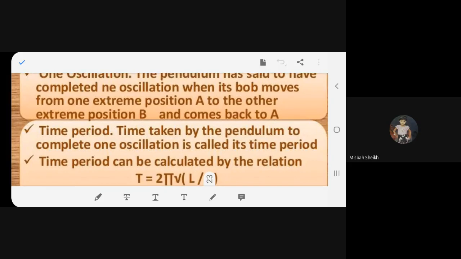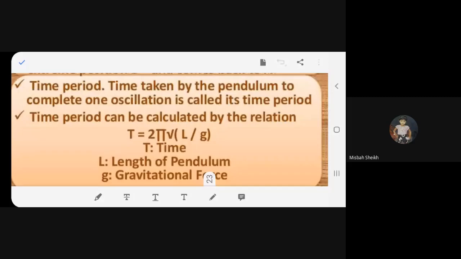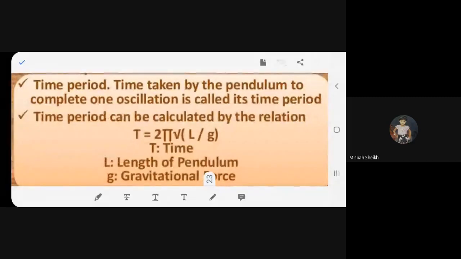Now we'll see what is time period. So all of you agree with me? Yes, ma'am. Fine. We are just revising it. Remember, time period: the time taken by the pendulum to complete one oscillation is called its time period. Time period can be calculated by the relation